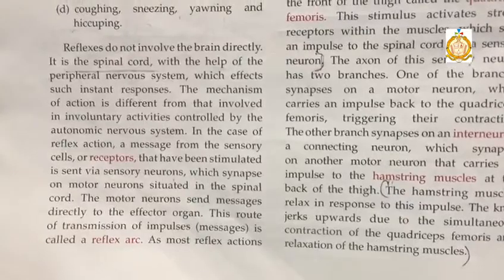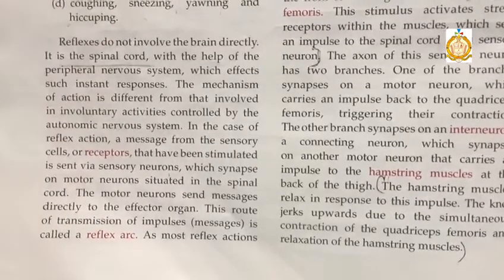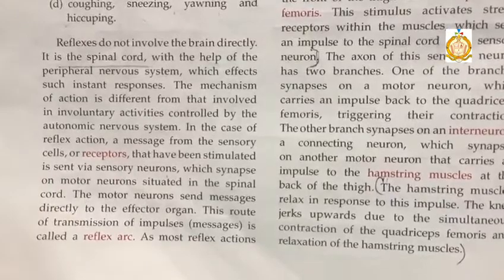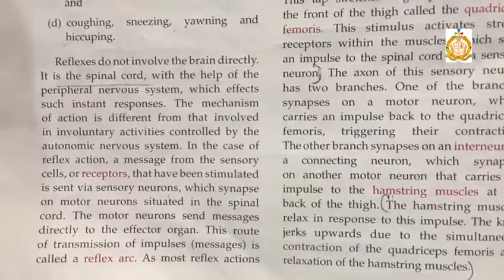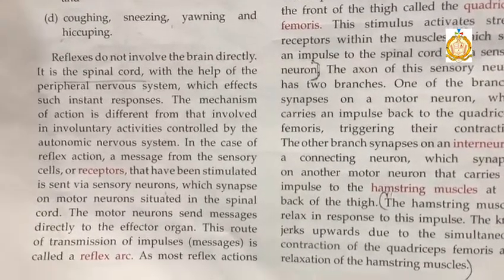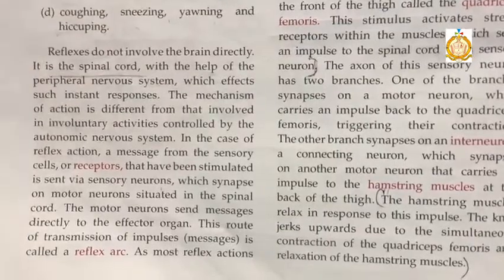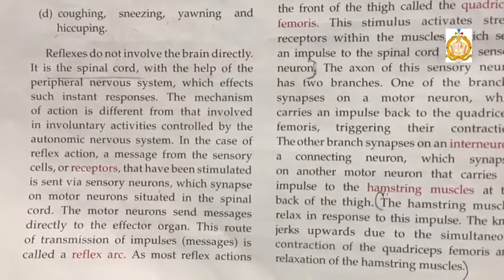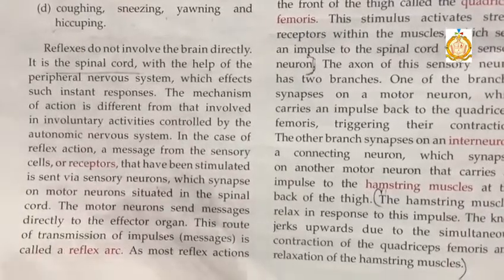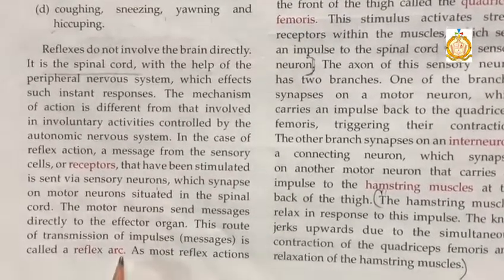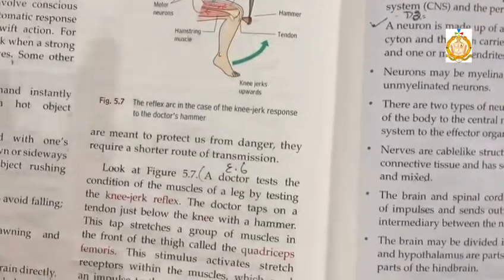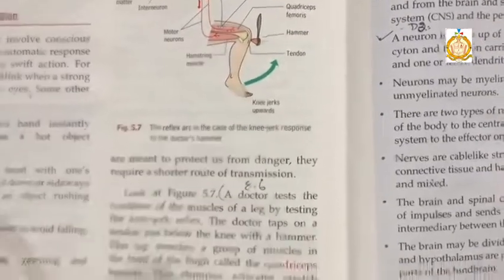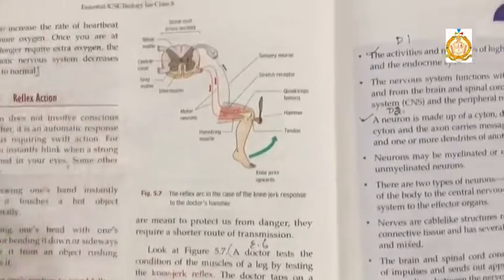Our response is sent by the sensory neurons from the effector organ to our brain or spinal cord, and afterward the motor neurons carry that answer from the brain and the spinal cord and send it back to the effector organ, telling that effector organ to behave accordingly. So that is the action, and that route of transmission of the impulse is known as a reflex arc. Most of the reflex actions are meant to protect us from danger, because they happen unconsciously, for our protection only.